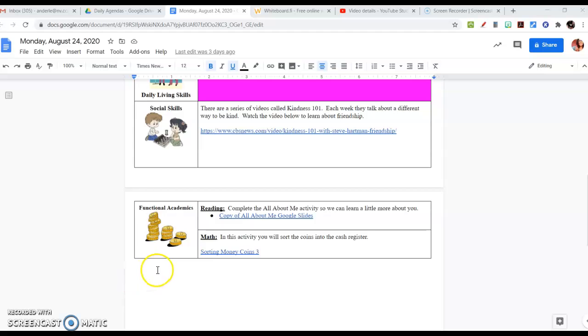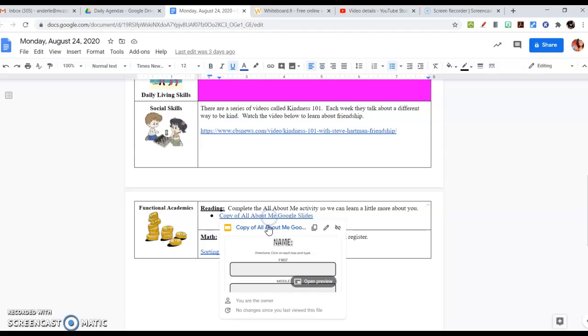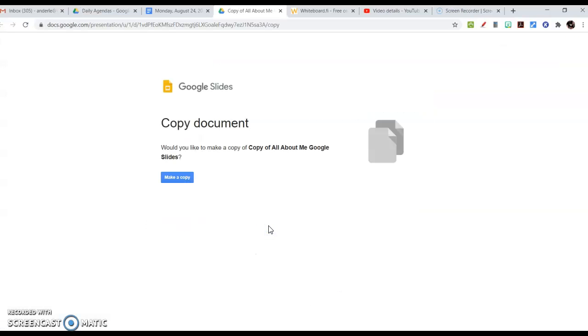So this is Monday's agenda, and on it is an assignment, an all about me assignment in Google Slides. What you're going to want to do is click on the link. It automatically takes you to this page that will have a blue button that says make a copy. A lot of your assignments will be like this. The reason is in Google, if you share something with somebody,